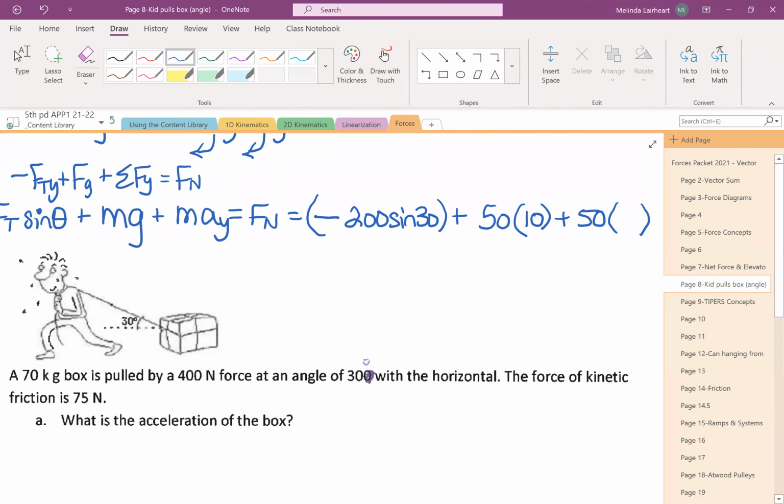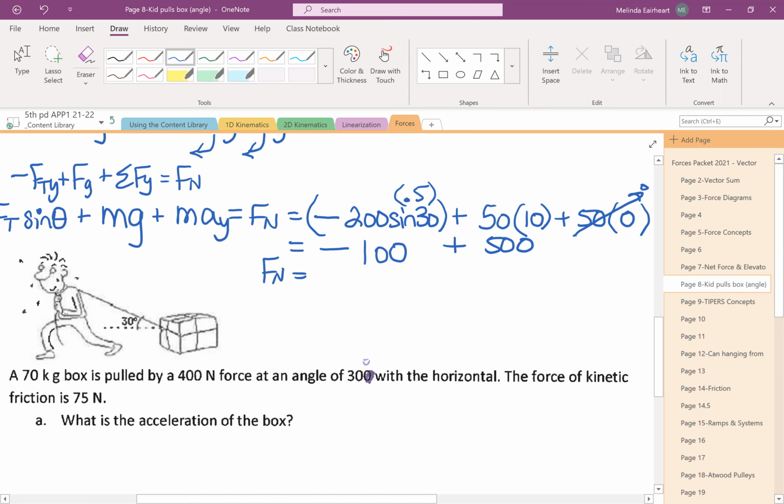0. Now, I could have zeroed it out earlier, but I do want your habit to be F net equals MA, F net equals MA, F net equals MA. Is it going to zero out every time? No. And so I don't want you getting zero happy and zeroing it out every time. And so now we got our numbers. This goes away. 50 times 10 is 500. And then 200 times sine 30. Maybe you remember sine 30 is 1/2 or 0.5. So half of 200 is,